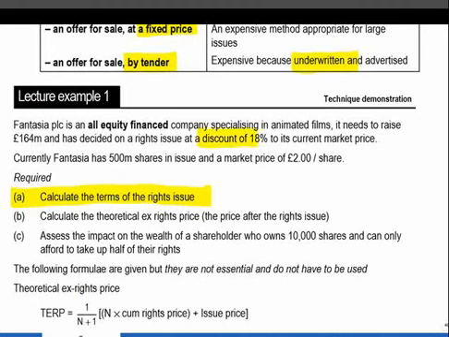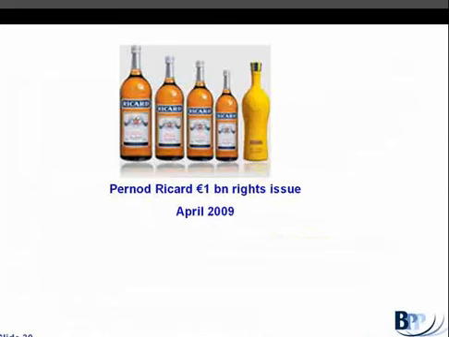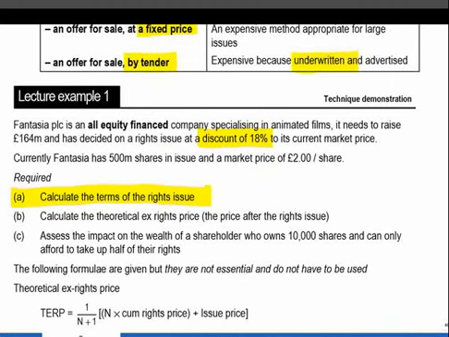In some cases, this discount can be very high. For example, Pernod Ricard, in their rights issue in April 2009, offered their shareholders a 36% discount to the existing market price to encourage them to take up the rights issue. In the exam, a discount of close to 20% would normally be expected. That's more typical. And that's pretty much what we're doing in the lecture example, where we're offering a discount of 18%